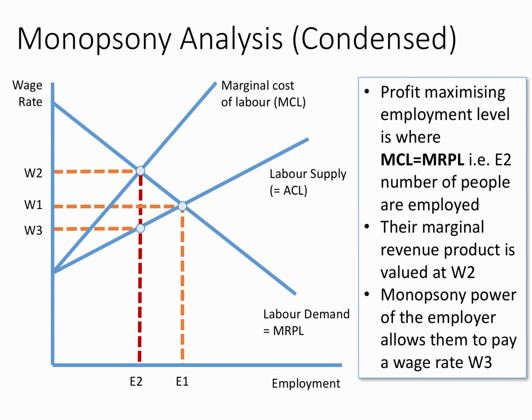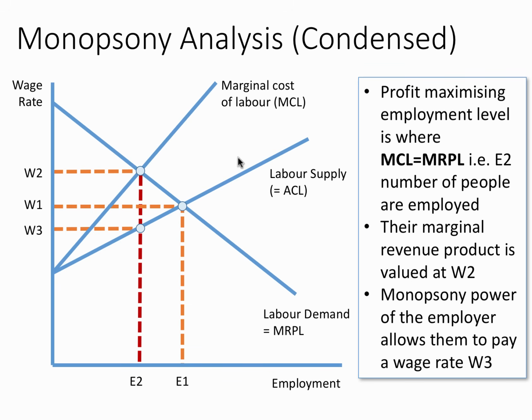It's one of those tricky diagrams, and we've got a separate revision video on monopsony if you want to go through it in more depth. But basically the profit maximising employment level for a monopsonist is where the marginal labour cost equals the marginal revenue product, which is here. That gives you an employment level of E2, but you don't necessarily have to pay